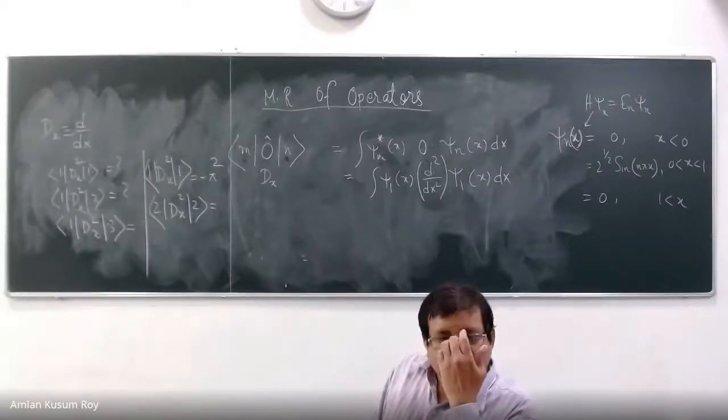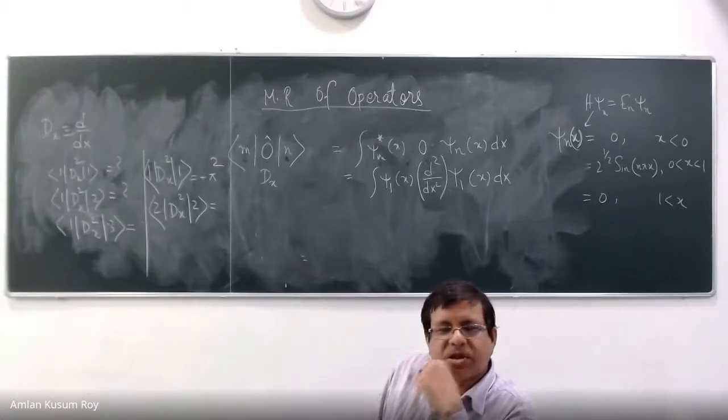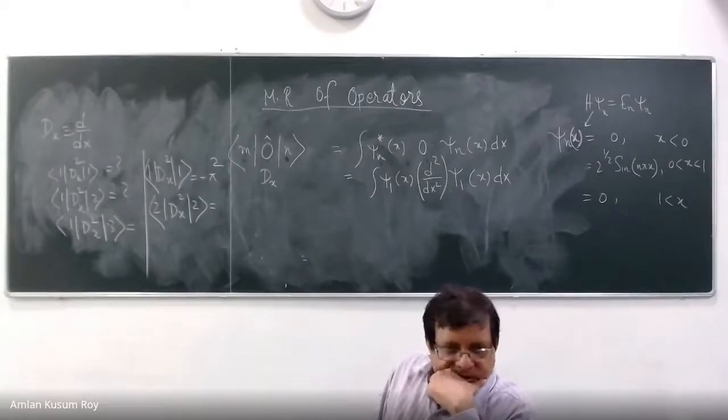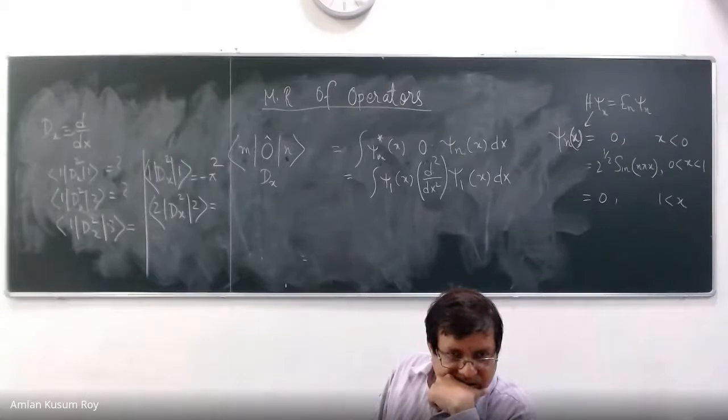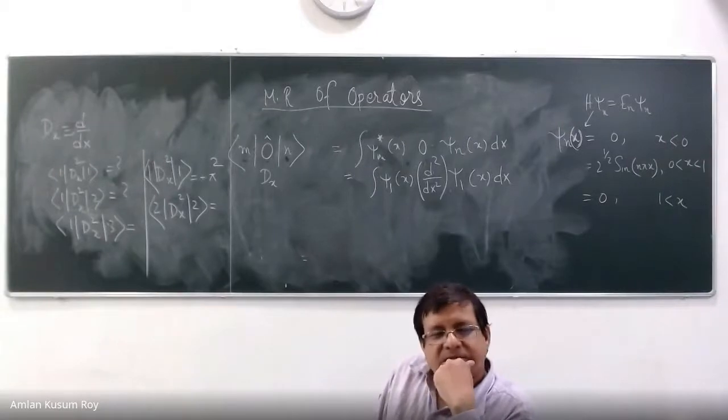But don't you have any other idea? That's a very hard way, right? You still have to differentiate the function two times, then write psi 1 multiplied by it, then do the integration, right? Yes or no, Sanjay? Yes, I will have to do that. I can't think of a different way. I think some of your friends might have some ideas. Abhilip sir, do you have some ideas? We need some ideas.